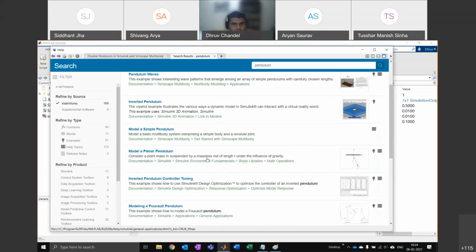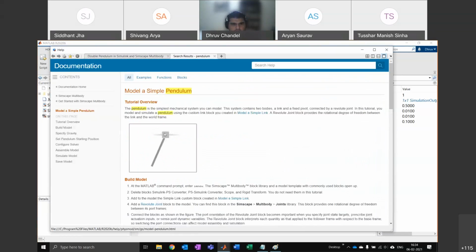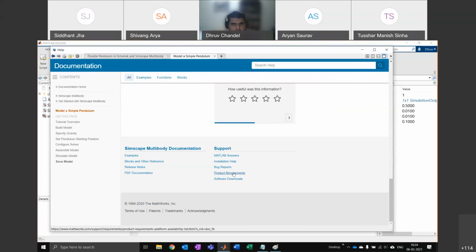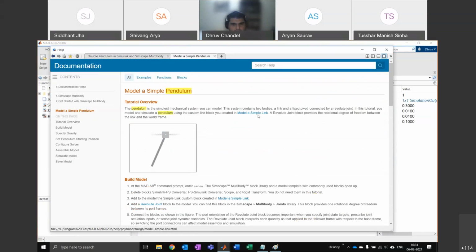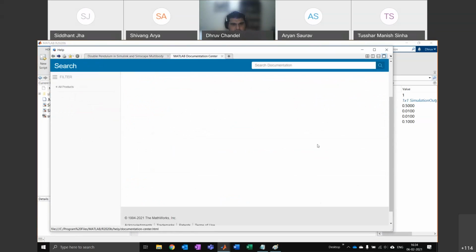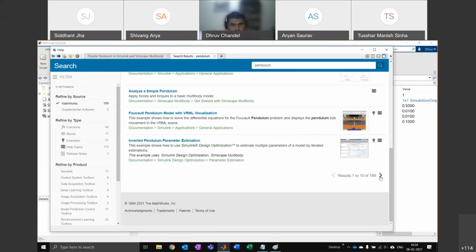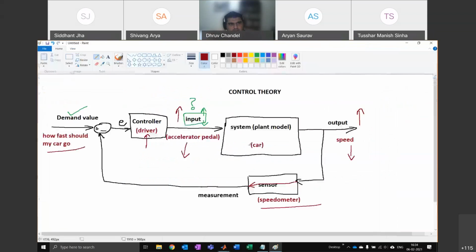Can we find a pendulum model? Oh, they haven't given an example here. I'll just draw it in print, never mind.